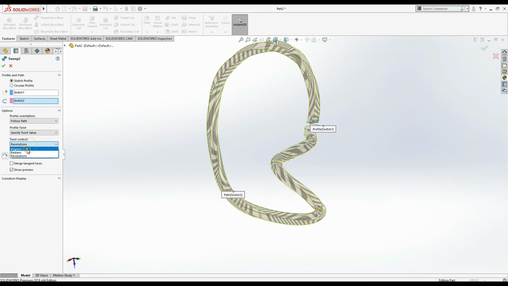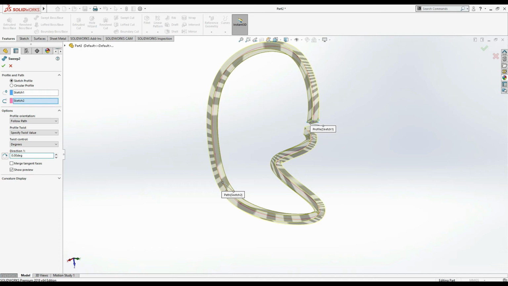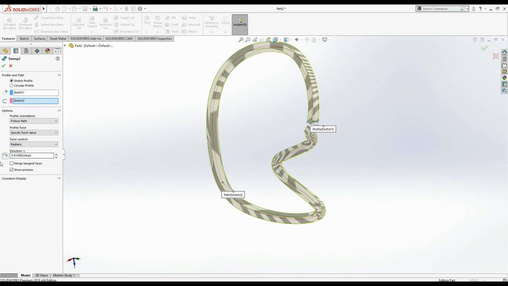Next is degrees. Let's say 0 degree. I don't want to give any rotations, but next I say I need 10 degrees. See here, it's going to be straight, then it's bending here, and here it bends more. Let's say 35 degrees. It bends more. So you can check it by yourself. Radians, similarly, if you give some radians, it will twist. Now okay,